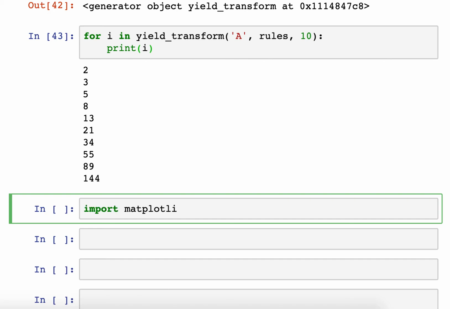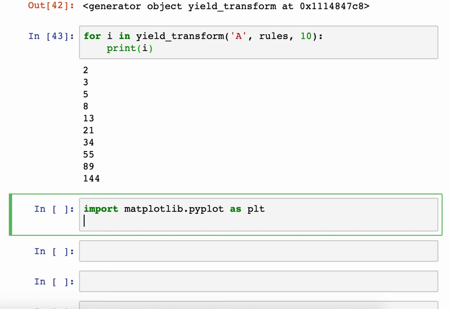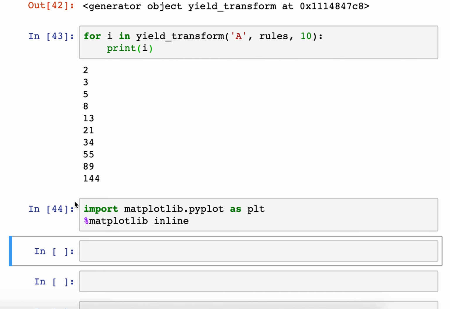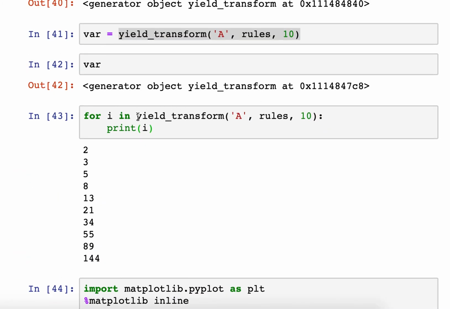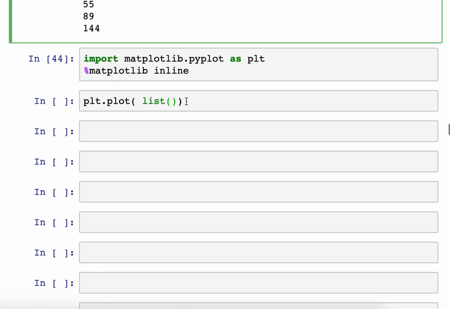So this is actually how we're going to be using yield in this notebook. It's going to be as an output to be plotted. So let's import matplotlib as plt, and let's do our inline as well. Okay, now we can plot. We could say, for example, plt.plot, and let's create a list